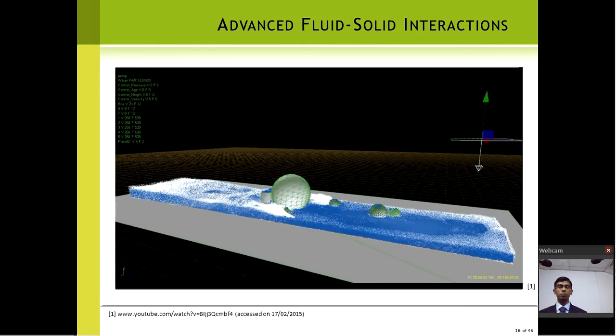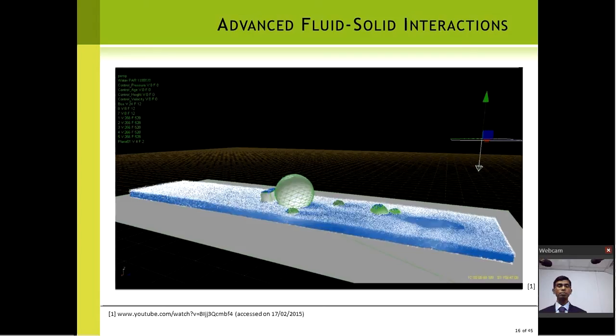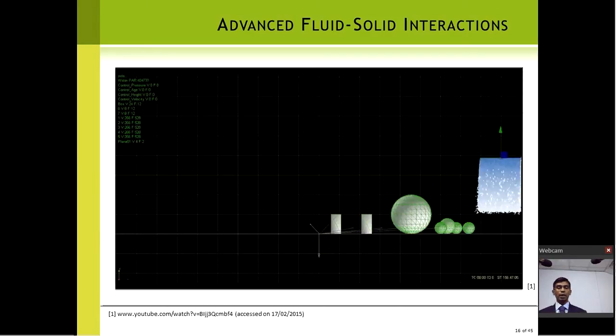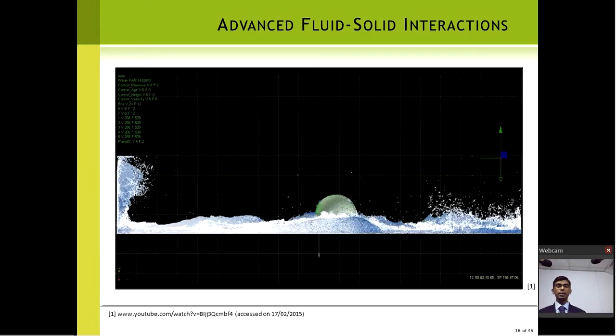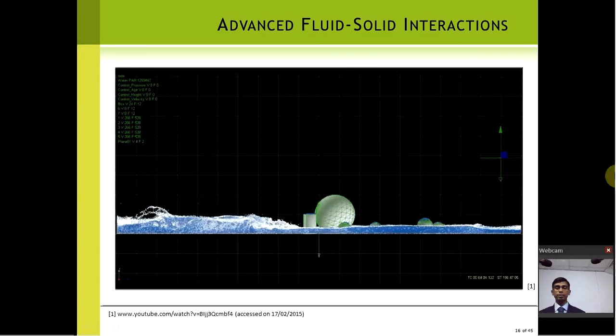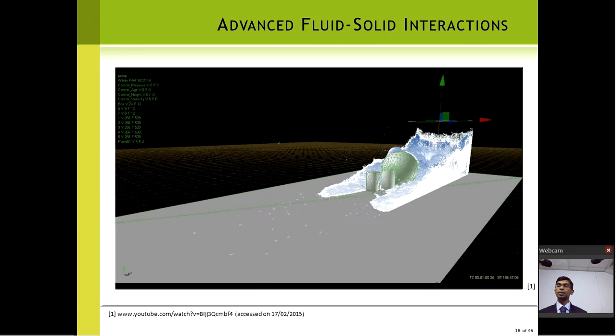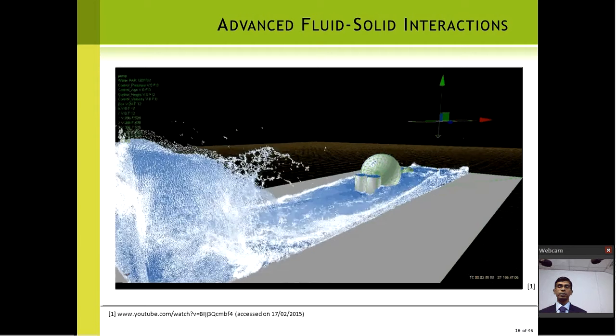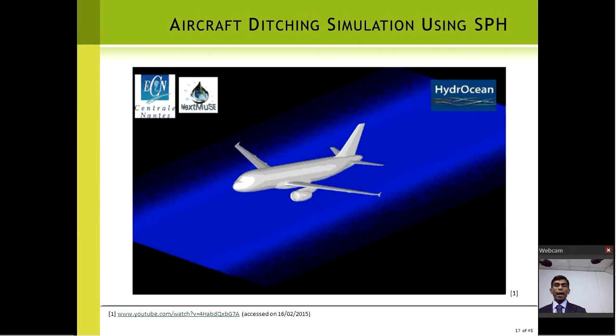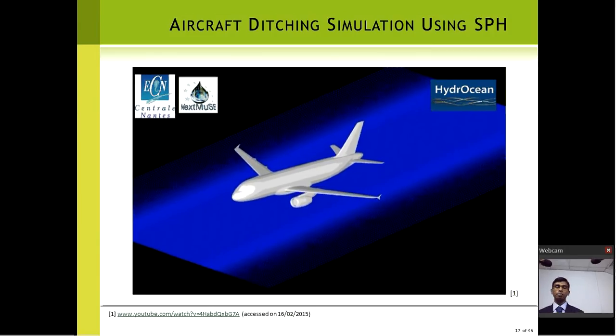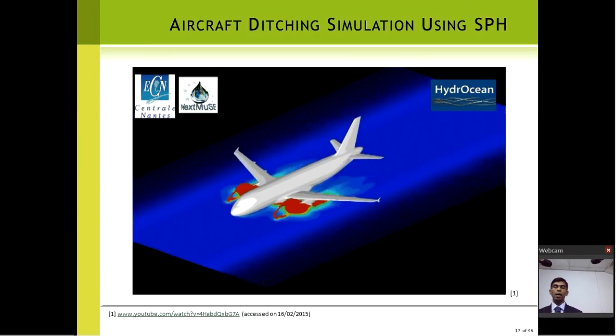and even advanced solid fluid interactions, such as you can see a whole lot of waves and foams and particles moving back and forth. Even you can clearly see the fluid solid interaction. The solid bodies move as they interact. If you were to model this with finite element method, it becomes so hard. That's the benefit.